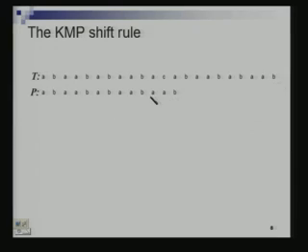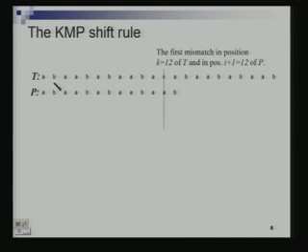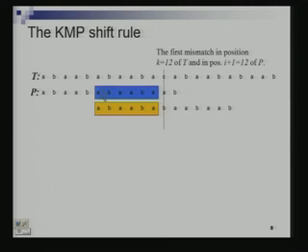Okay, so let's take some examples and then this will be clear, right? So this is my text, this is my pattern, and where is the mismatch happening? The mismatch is happening here, at C and A. So this is position 12 of the text. Till 11 positions the match has happened. So the value of i is again 11, right? What did we see for h11? 6. So by how much will we shift it now? 11 minus 6, 5. So that's what is happening.